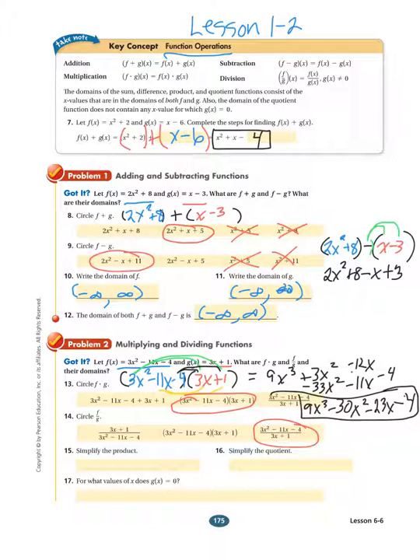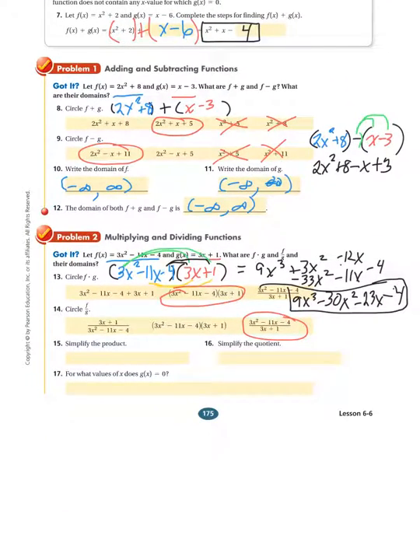You want to make sure when you have division that you factor the numerator and factor the denominator. So we're going to see if we can factor this numerator. We're going to multiply 3 times negative 4, which is negative 12. Are there factors of 12 that subtract to give you 11? Yes. So we're going to go ahead and factor that. So I think I'm going to do my factoring, let's see, maybe I can move my notes. Yep, so I'm going to move them up a little bit. So let's do our factoring down here. So I'm going to take 3x squared,